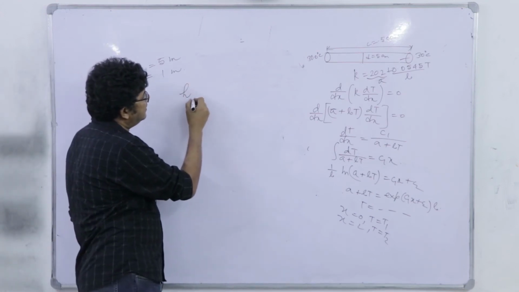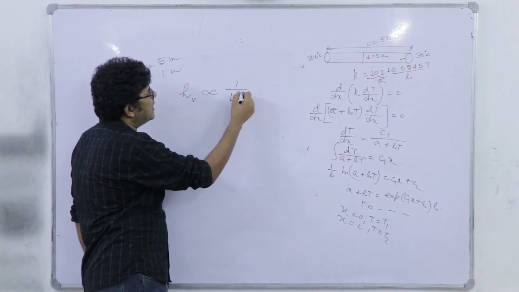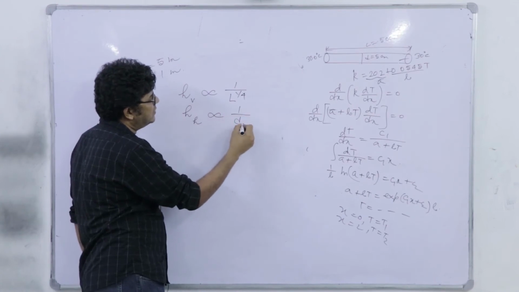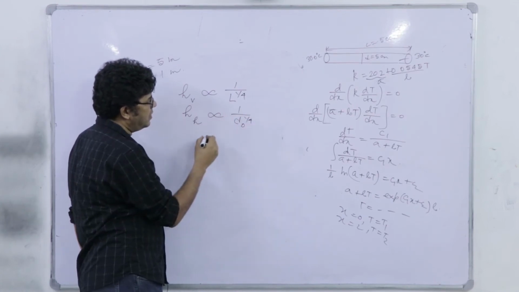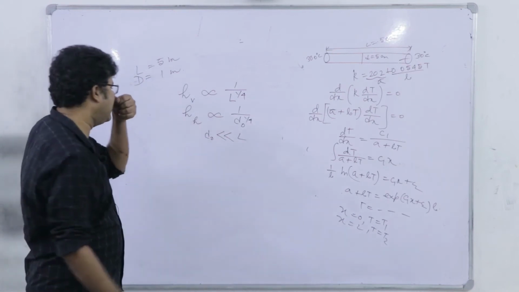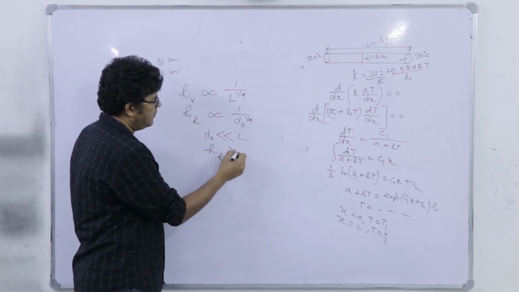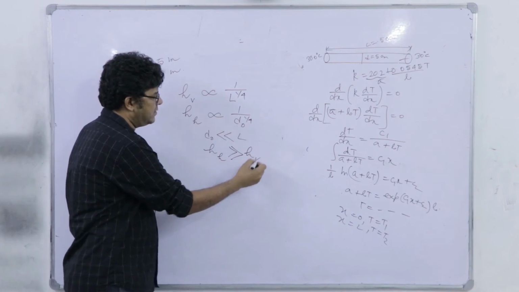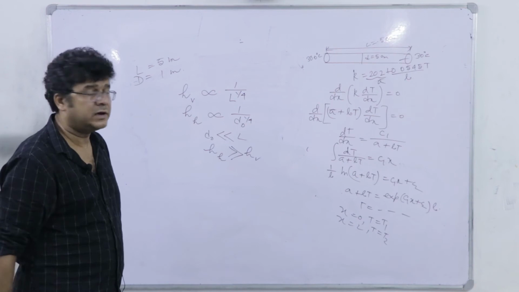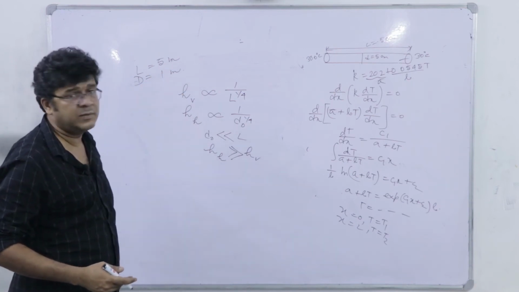See, the Nusselt equation gives you for vertical, the coefficient is proportional to 1 by L to the power 1 by 4. For horizontal it is proportional to 1 by outside diameter of the tube to the power 1 by 4. Now, D0 for a tube is generally much smaller than L. So, we know that the horizontal heat transfer coefficient is much greater than the vertical heat transfer coefficient, but still all condensers are vertically mounted. Why? Because of the huge size, 5 meter cross 1 meter.